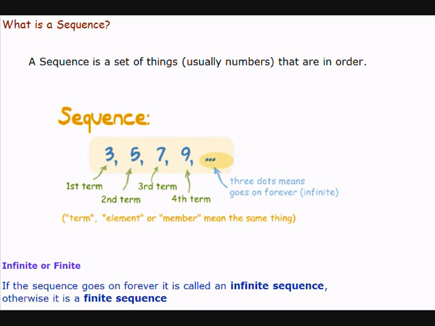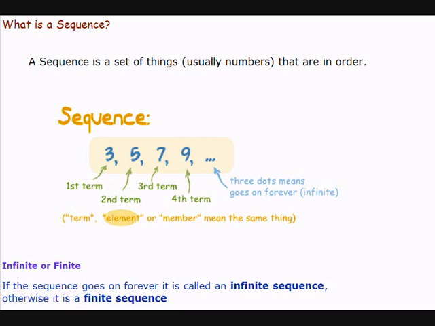Every digit is called a term, and 3 is the first term in the sequence. 5 is the second term in the sequence. 7 is the third term in the sequence. The fourth term is the 9. The dots mean it goes on forever, infinite, it all goes on. You can call this the first term, or you can call it an element in a sequence or a member of a sequence. It all means the same. Don't get